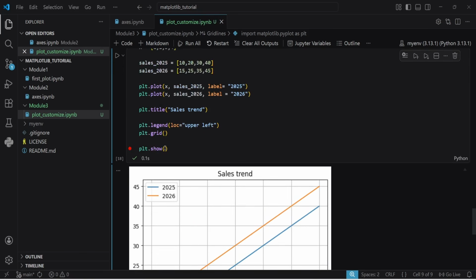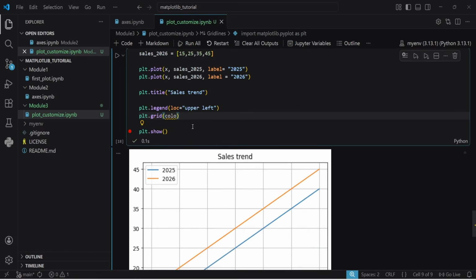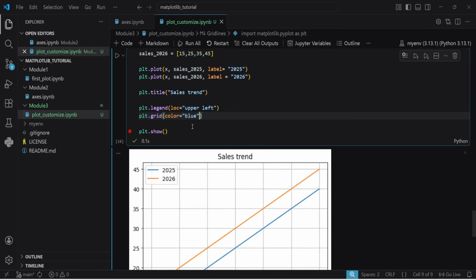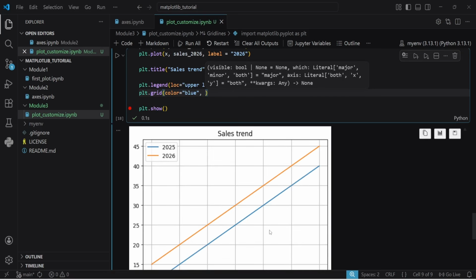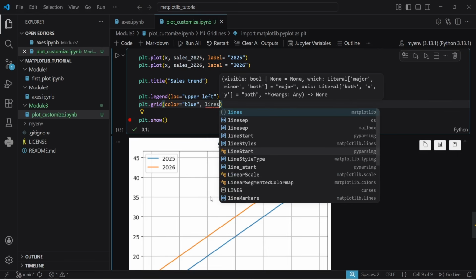Now if you want, you can also customize your grid. Suppose I want to change the color of this grid. For that I have to write color, and for example, I want to make it blue. Now I want to make my line style dash. Then I have to put line style